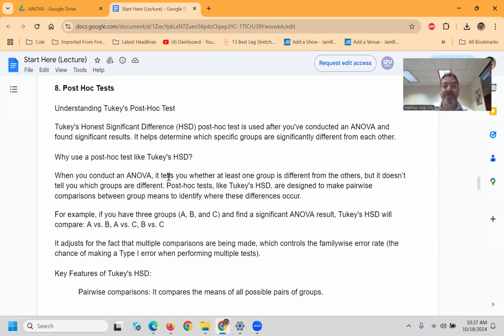When we conduct an ANOVA, the p-value is going to tell us that at least one group is different from the others, but it's not going to tell us which groups are different. The post-hoc tests, like Tukey's HSD, are designed to make pairwise comparisons between group means to identify where these differences occur. So it's as if we were going to then go back and do a bunch of t-tests, group